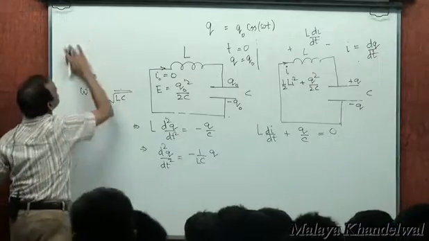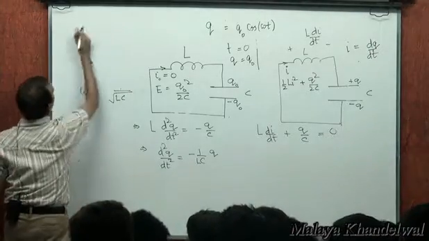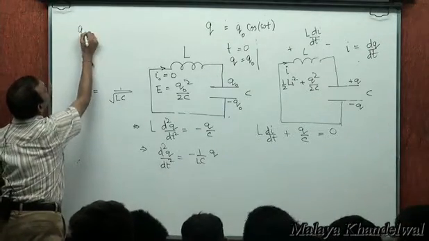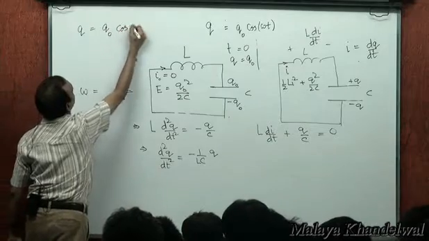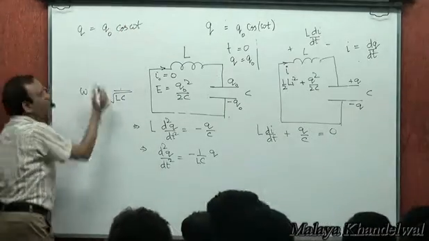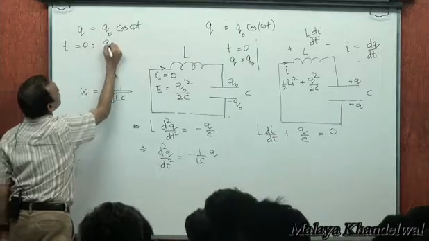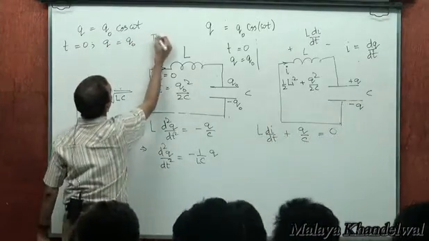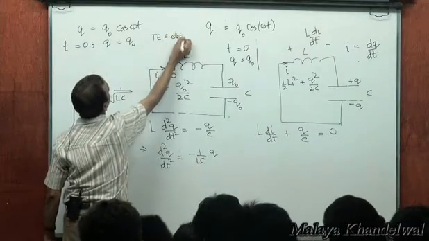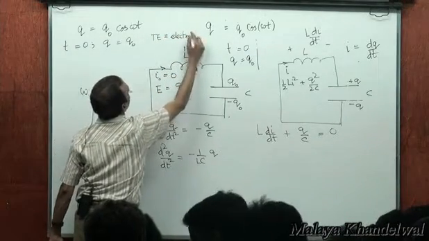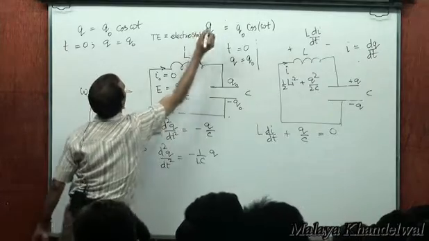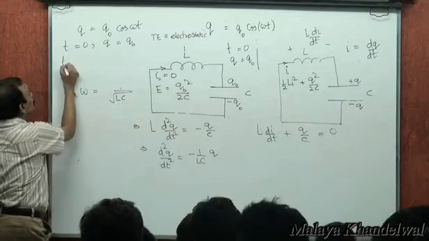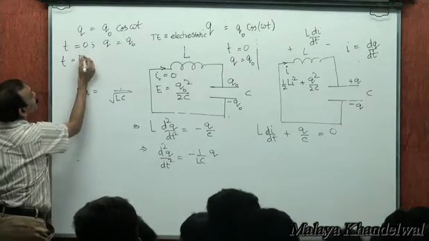Now q is q naught cos omega t, right? At t equal to 0, charge was q naught, and the total energy was electrical. The total energy is electrostatic energy between the plates of the capacitor, energy in the electric field. Okay. Now at t equal to pi by 2 omega,